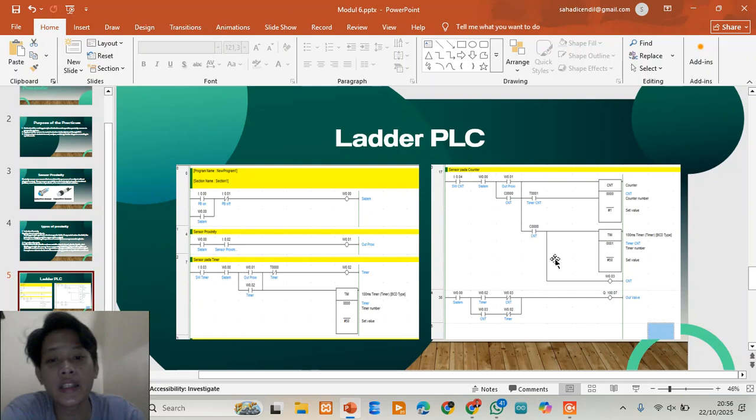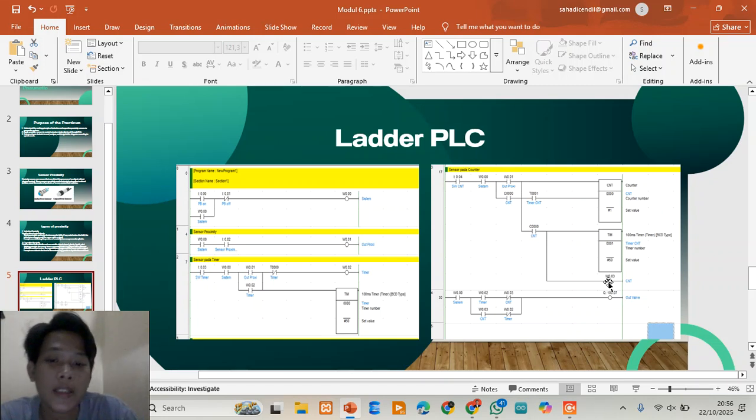Once C000 becomes true, it triggers the timer T1100, the product falls, and after that it activates the CNT output. This logic ensures the system registers the detection accurately: one signal, one count.